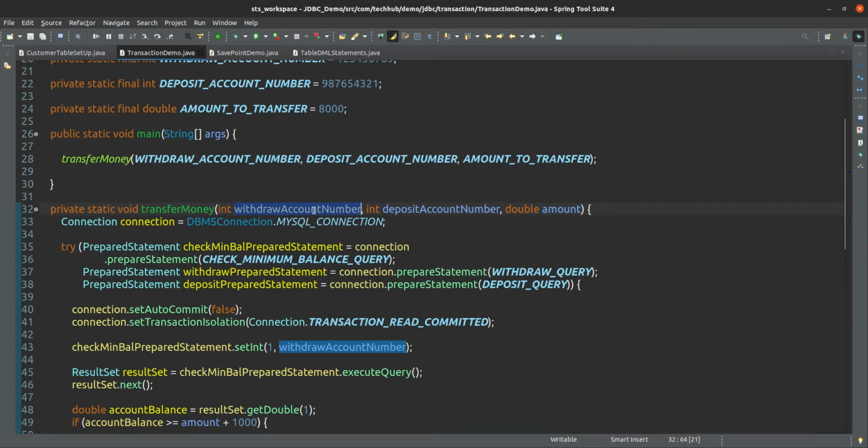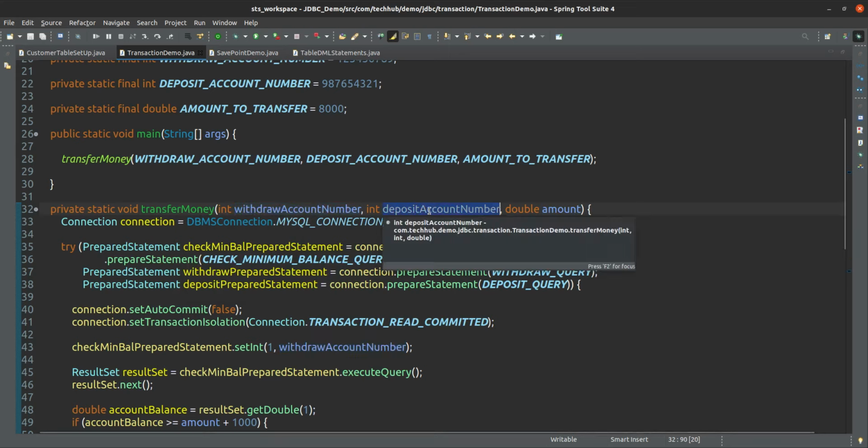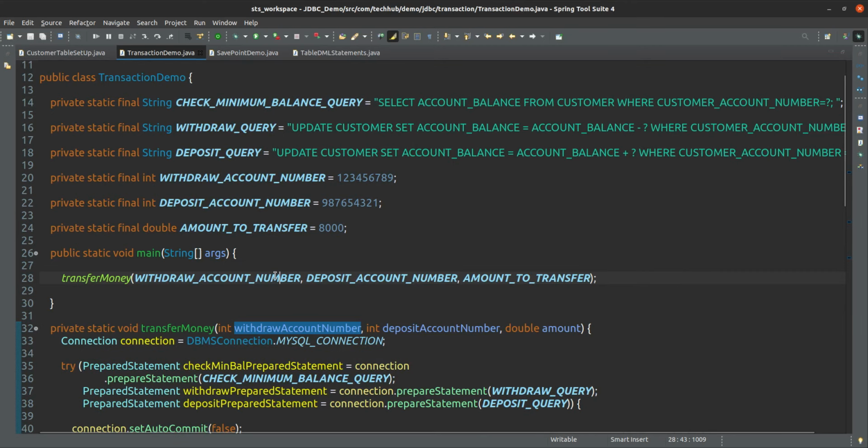One is the withdrawing account number, another is the deposit account number, and the third is how much amount you have to deposit. So this is the withdrawing account number 123, this is the depositing account number, and this is the amount, 8,000, that you have to transfer.